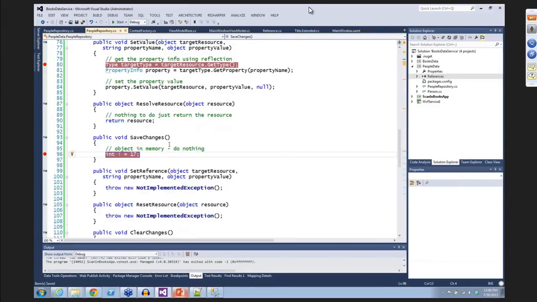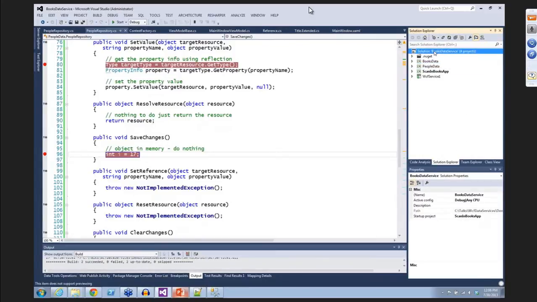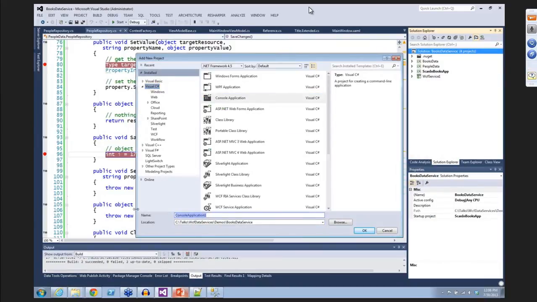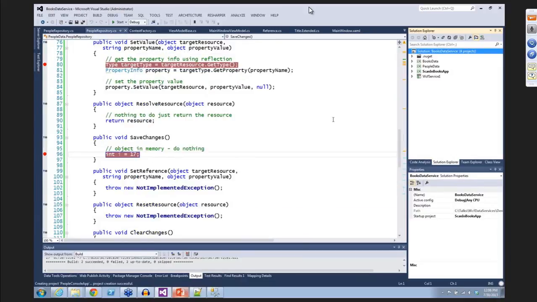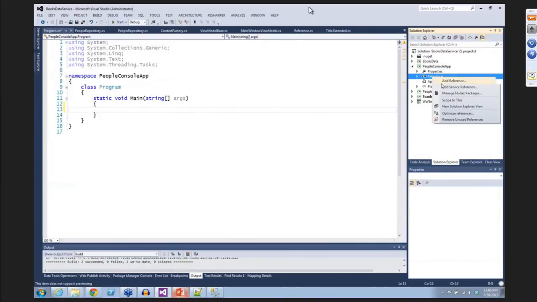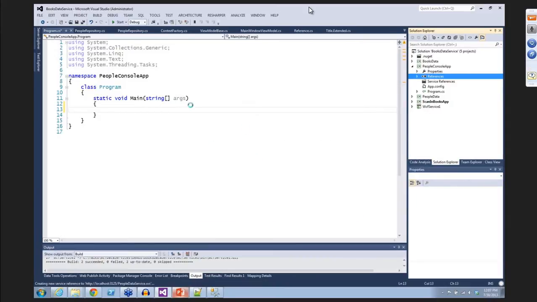All right, so we'll do that. We'll recompile. You know what? I might need another client. Let's go ahead and add a new project. This will be a console application, and it's going to be the people console app. Okay. And we'll go ahead and add a service reference to the people data service and call it the people service reference. This is kind of a review of what we were talking about last time. You just add the new reference,